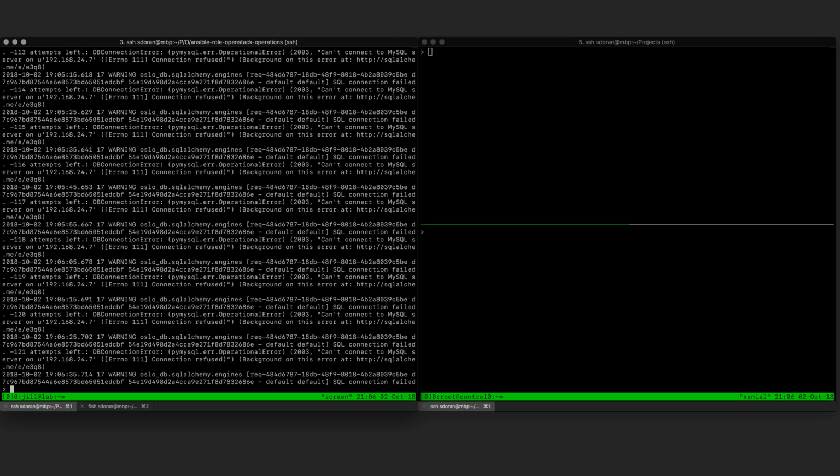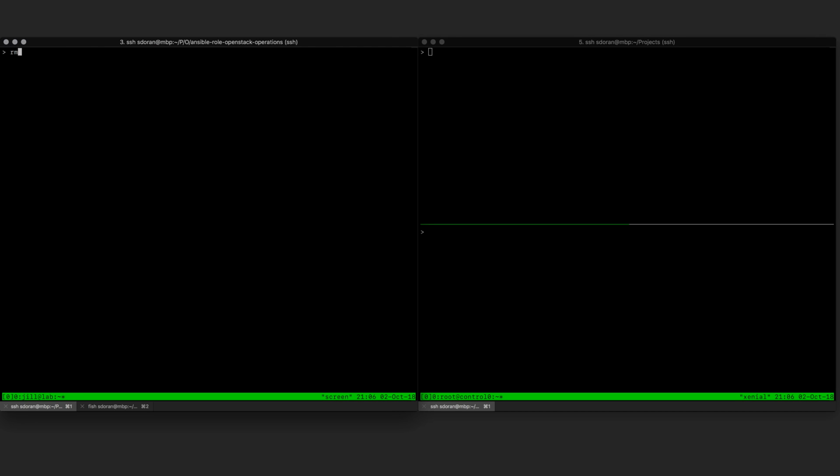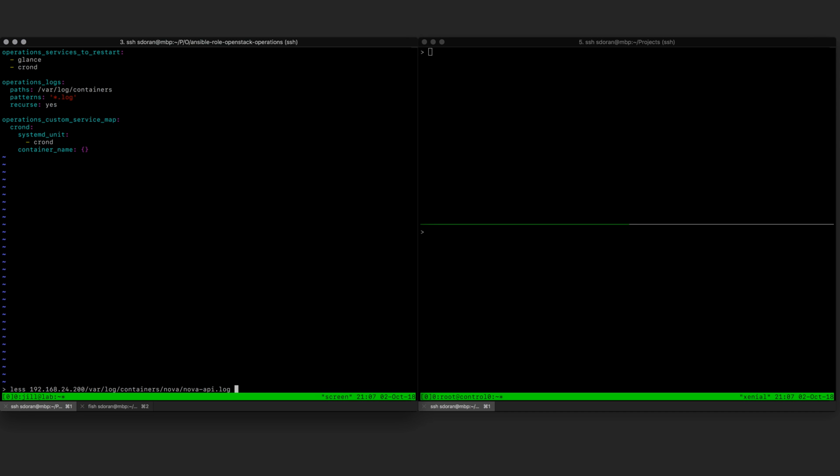Okay, so say we didn't want all those logs, we only wanted a small subset of that. So go ahead and just clean that up. I can actually specify, okay, for my operations logs, the role is looking for a variable called operations logs. What paths do I want to search and what patterns, and do I want to recurse in this directory? So in this case, I'm going to just look for the files in var log containers. So now if I run that same playbook, but I just pass in those variables that say, hey, basically give me a different set of logs,